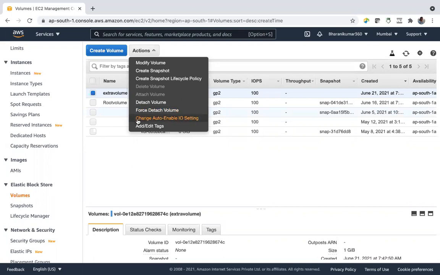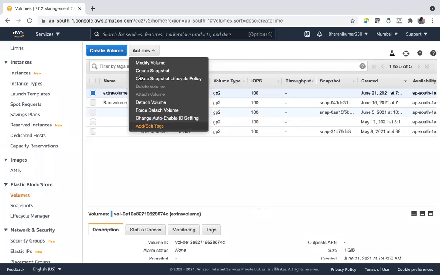Change auto enable IO settings. We also know what IO settings, IOPS, we talked about. If you are not happy with the default IOPS, you can provision your own IOPS, input or output operations per second. And tags we know.